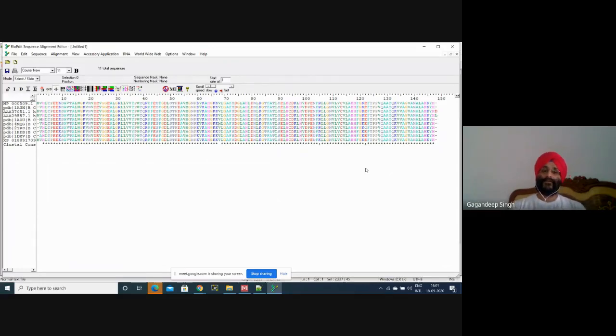Now see, we have selected a sequence related to human hemoglobin, found some related sequences, and tried to align those sequences. See, all sequences are related sequences. We can easily find this in our alignment results.